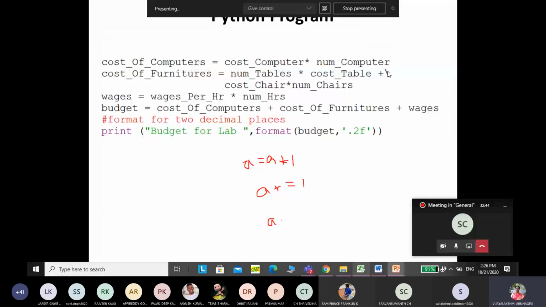I thought it is augmented. It's a type of mistake, right? So number of tables into cost per table plus cost of the chair into number of chairs. Sorry. So I will use the augmented operator, so I'll write this.